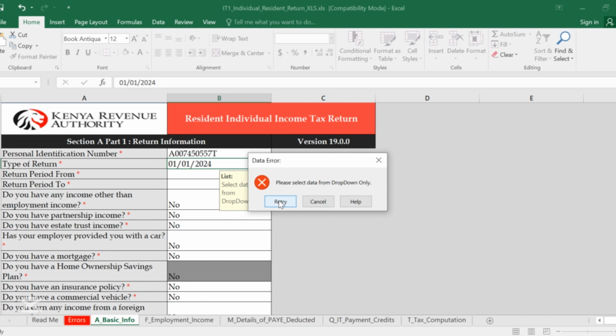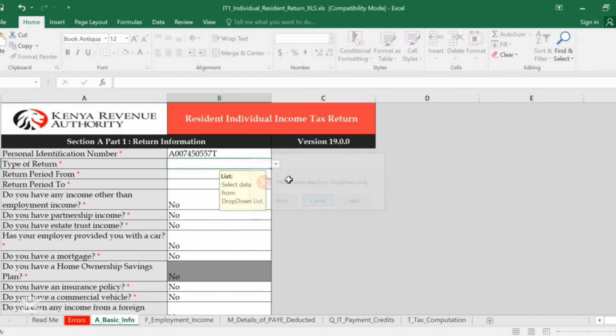What's that? Data drop down. This one you have to choose data. So it's a type of return. Remember it's original. Oh yeah, this one is the one for